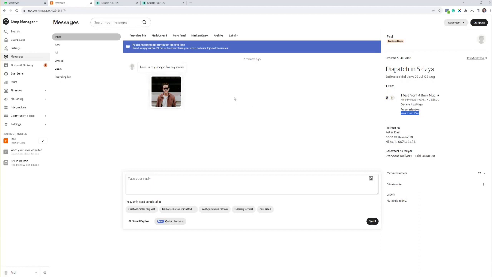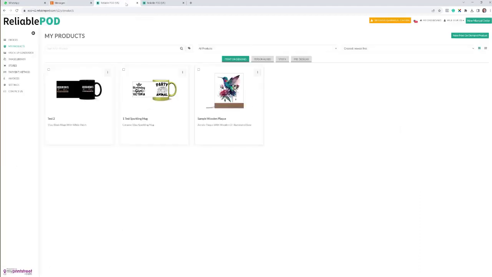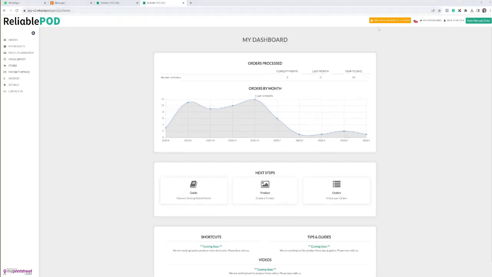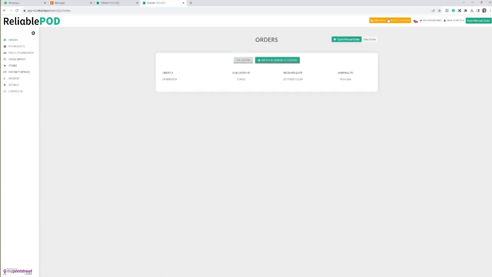So once you've downloaded the image for the order, when you come into the dashboard section, if you've got any orders that require attention, then up here where it says orders requiring attention, it'll go orange when you've got some orders that need you to work on the artwork. Now, if you click on that, it will take you to here